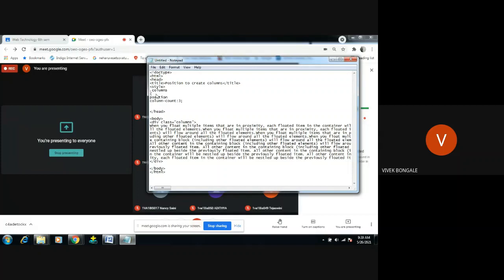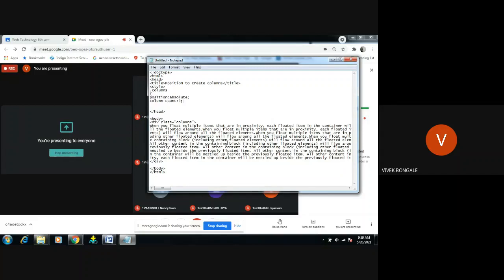First we have to use the position. We can use relative position, absolute position, anything. I will use absolute position. If you use absolute position and move this table somewhere, that particular space will be utilized by other elements. Column count is 3, so this data is distributed in 3 columns.